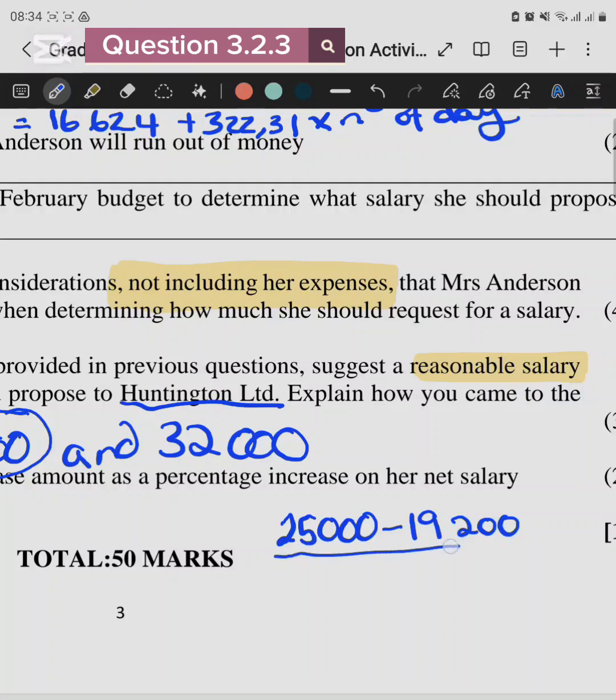And then we're going to say that is the old salary. So we're going to put it over the old salary, 19,200 Rand. I hope you're seeing the formula here. New minus old over the old, times by 100. And if that was the value you chose, you would have gotten to 30,2. But we obviously would mark it based upon what your previous answers were, linking it to 1.5, where you got the 19,000, the net salary, and linking it to your previous answer in